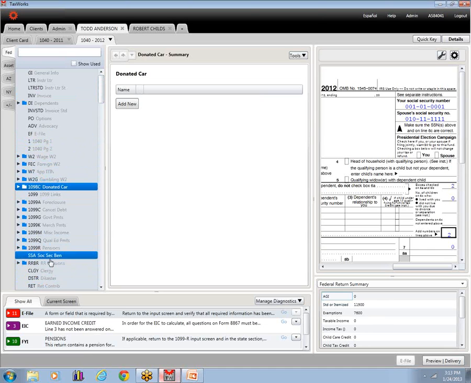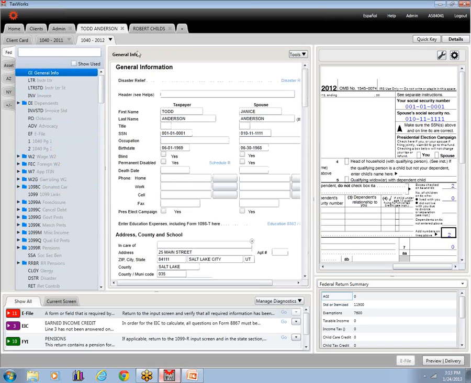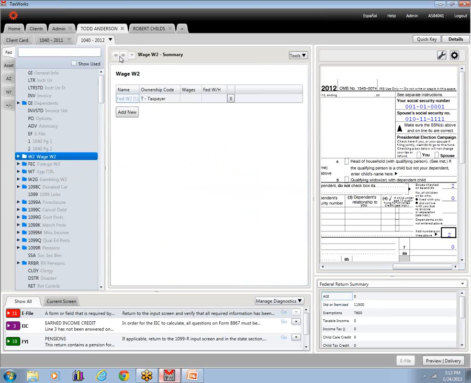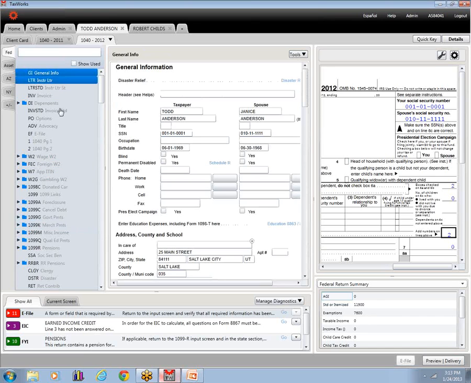The forms I use the least are going to be on the bottom. So that's why there's no more Commons tab, because it's intuitive that way. And if I want to get back to General, I go to General. There are the little tabs. Now, until we get those little buttons put in, which are coming very shortly, I would recommend navigating from this area right here, the Forms pane. These forms are here to help you, so you can click on the next one and just go down the